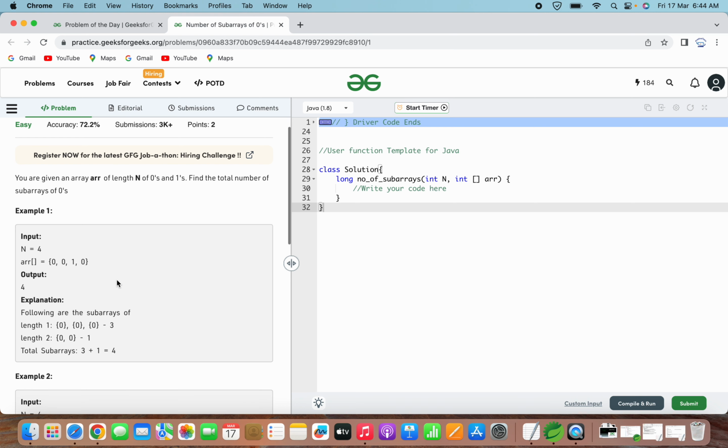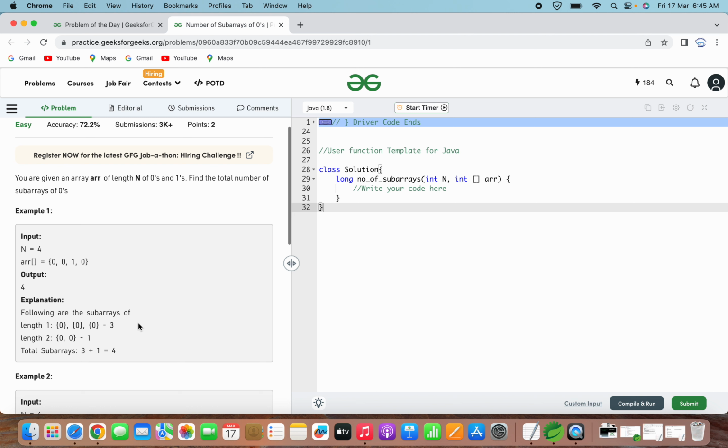In the given example, the input is 4 and the given array is 0 0 1 0. The output is 4. How did we get this output 4? Following are the subarrays of length 1. For length 1 we have to consider only zeros here. So the subarrays containing 0 are 0, 0, 0, that is 3.